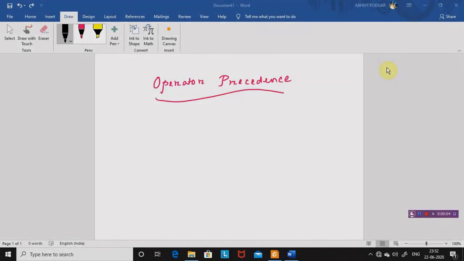Any discussion on operators in C, or for that matter in any programming language, would be incomplete without mention of what is known as operator precedence. Now, what is this operator precedence? To understand this, we write an expression, say